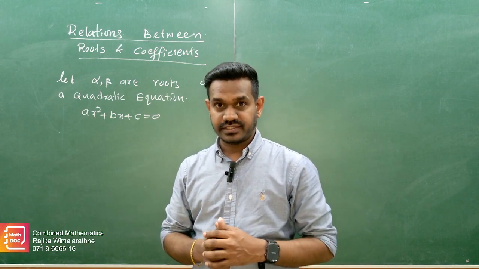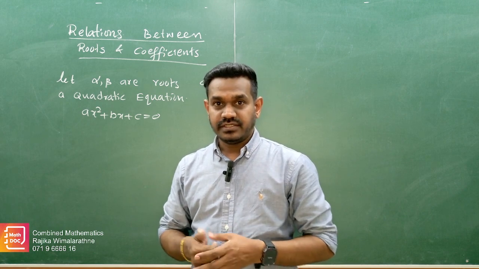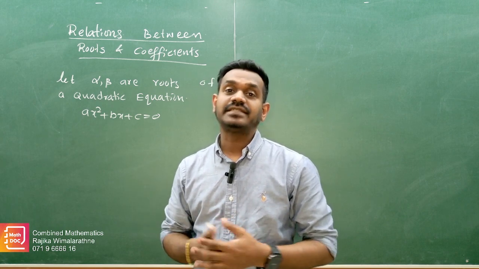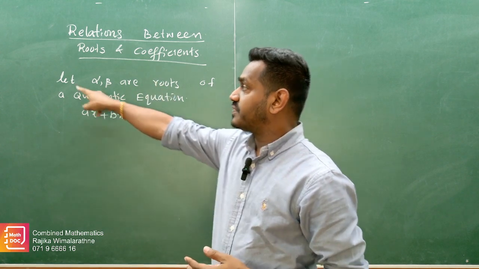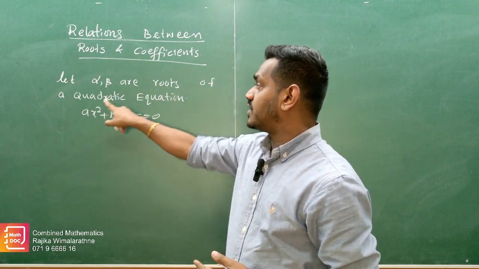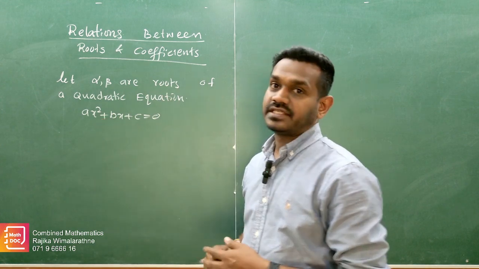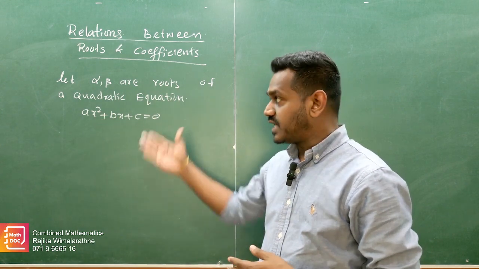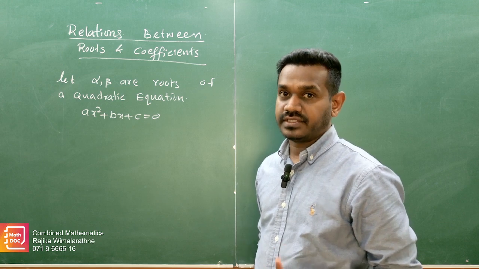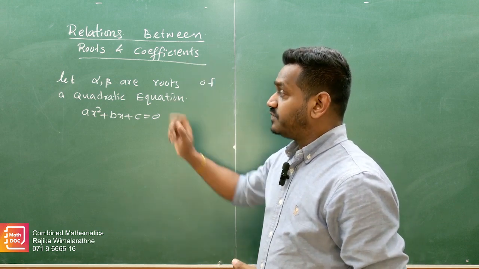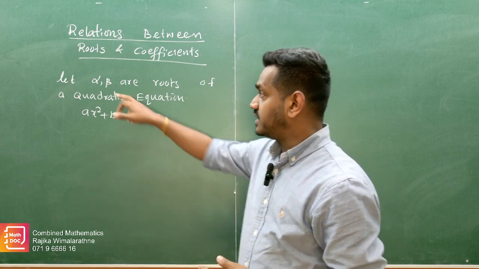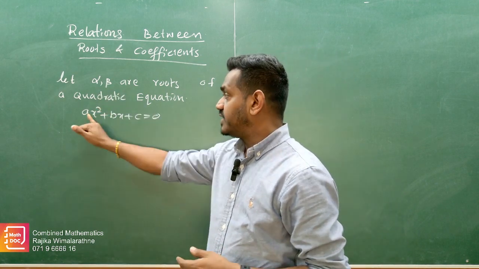Actually there are two roots. Root means solutions. In other words, solutions mean x-intercepts. Here I have given that alpha, beta are roots of a quadratic equation ax squared plus bx plus c equals 0. Then those are x-intercepts. Solutions mean roots. They mean x-intercepts. So for the relation between roots and coefficients, alpha, beta are roots, and a, b,